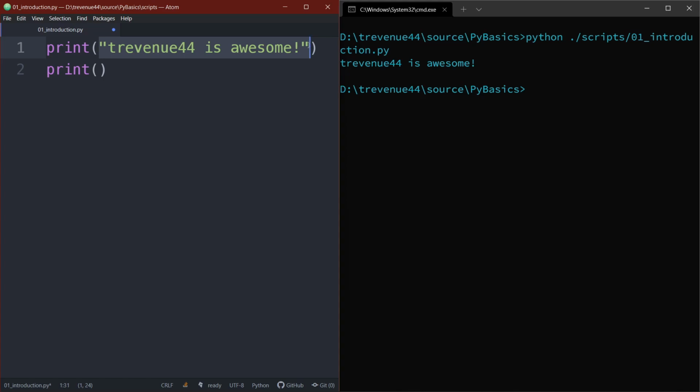So we have a string over here, and it is written with quotation marks on it, either double quotation marks or single quotation marks. In this case, we are using a double quotation mark, so we are writing that, okay, print this expression over here, Revenue44 is awesome, and we have written on that print again. So what would you want to print? Maybe you can print that his channel is great,